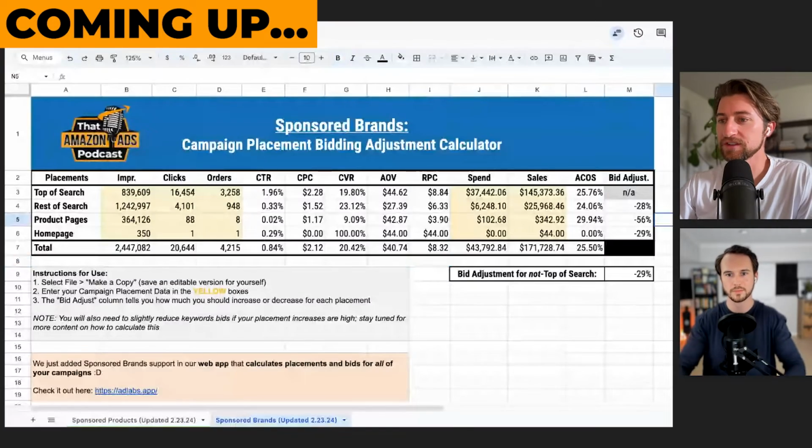When you do this effectively, aligning that CPC with the RPC, what you're able to do is get more total volume within your target ACoS. Someone was asking, can you prove that this works? And I was like, well, the sample data in there is from a real account, so that should be some proof. What this calculator will help you do is figure out by how much you should be increasing for each placement in order to maximize your sales opportunity.